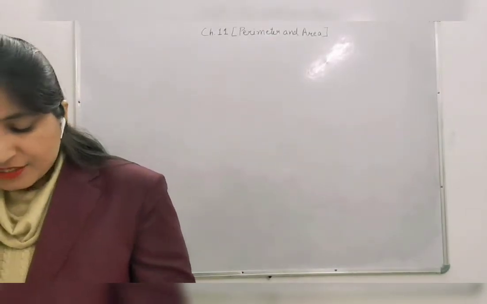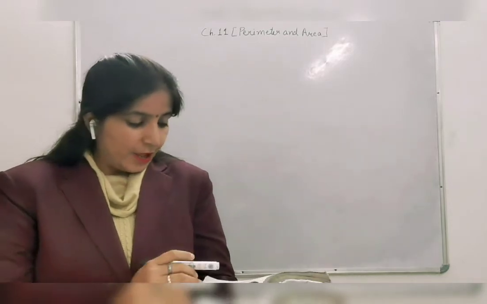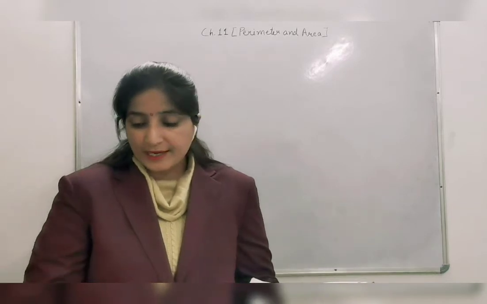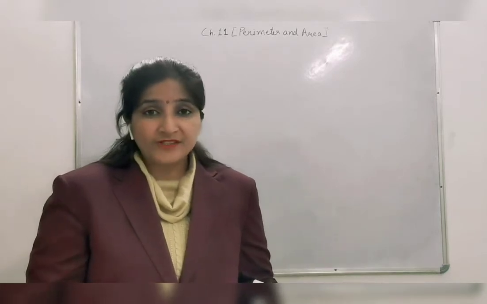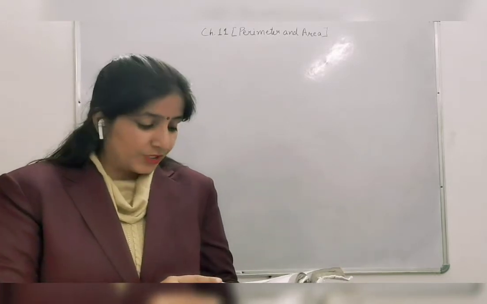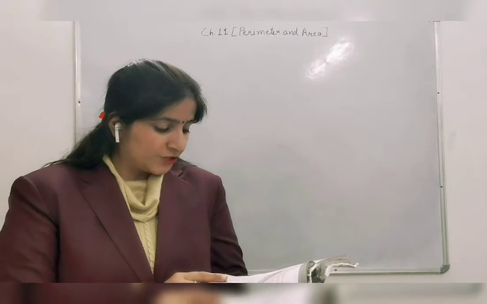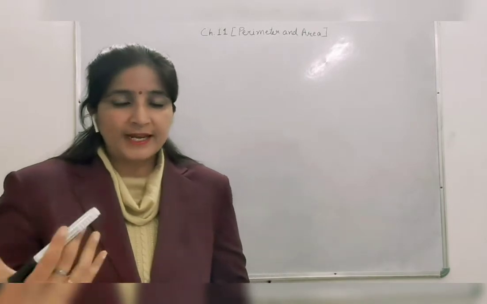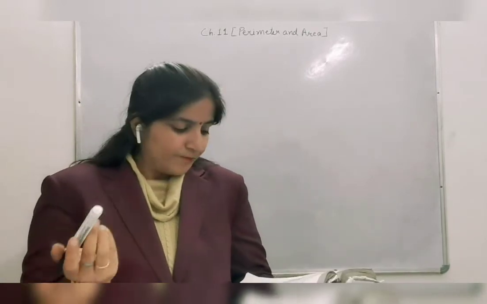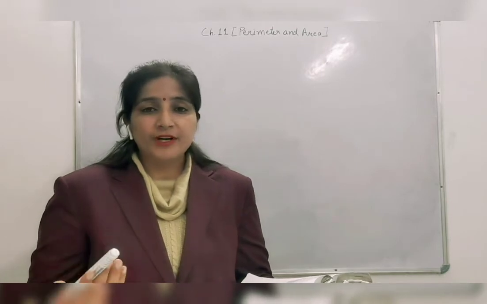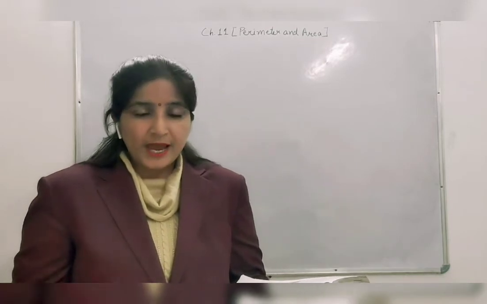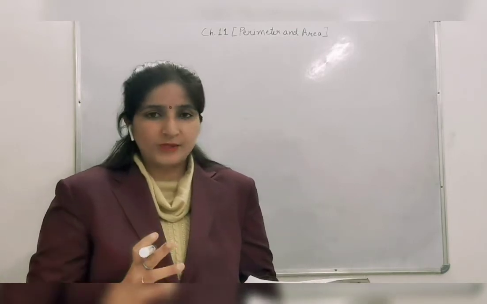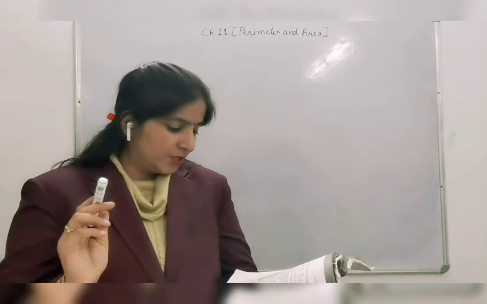Now on page number 206 there are again some Try These. The first Try These is to experiment with several such shapes, meaning the activity with the papers that we have seen, the conditions, you have to experience yourself. You might find it useful to draw these shapes on squared sheets. So for this you need to take a squared sheet, meaning the maths notebook paper, and on that you can draw different rectangular or square shapes and try to see where the area is increasing and the perimeter is decreasing, or vice versa, the area decreasing and the perimeter increasing.